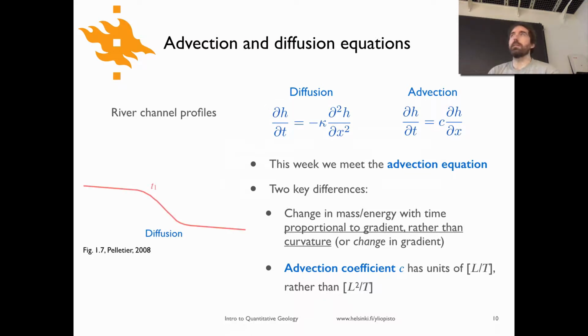And we can see the difference in how these things behave with a nice little example here. So if you consider here a channel profile, do you know what that means when I say a river channel profile? Do you have a sense of what that looks like? Yeah, if we just took a cross section through some river flowing down a hill slope, it might start up here near high elevation, flow, and then go over some sort of steeper part of the river channel and then flatten out again. If we had that river flowing in a case where diffusion was the main erosion mechanism,